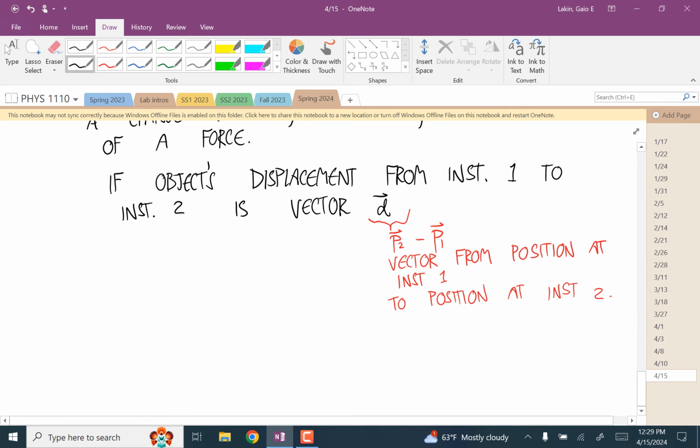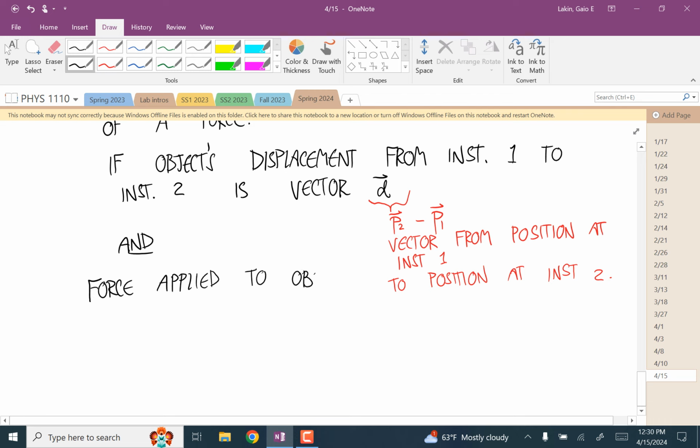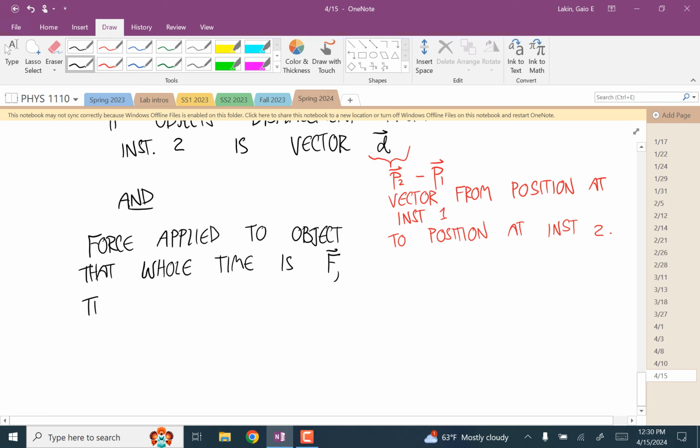So if the object's displacement is this vector d, and if the force applied to the object that whole time is F, then the work done by that force